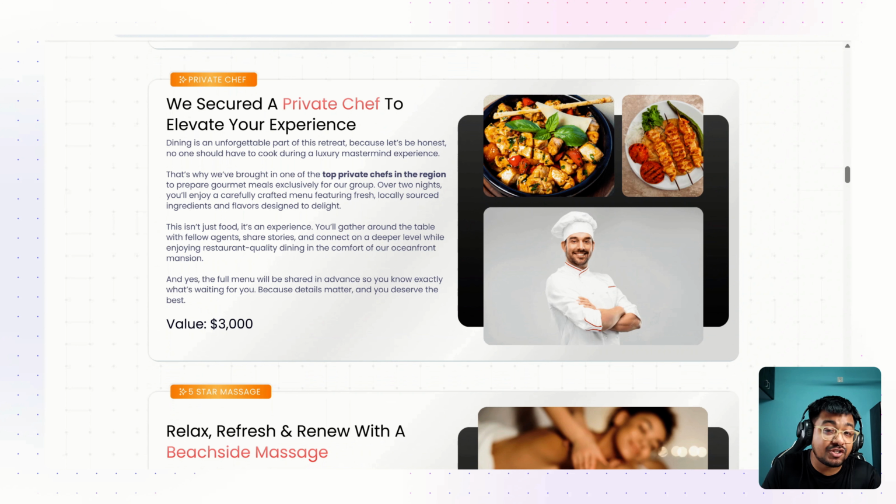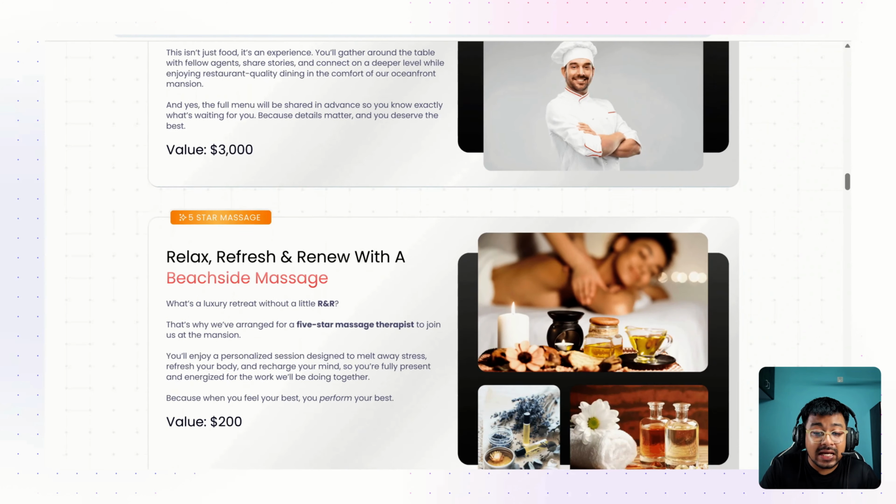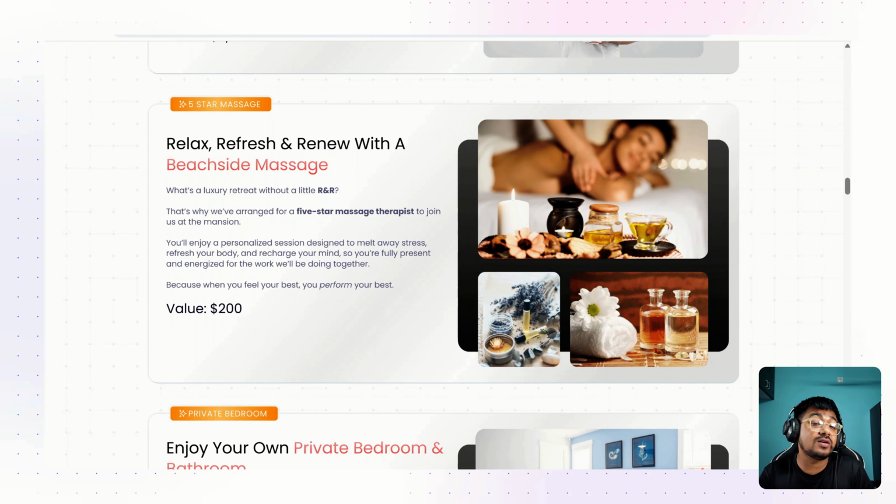Then we have a private chef, so that your favorite dishes get cooked. Everything will be presented depending on your demand. If you have any specific requirements, if you do not like any food, do let us know as well, because we are going to take care of that as well. Value $3,000. Then we have a 5-star massage, because hey, you're going to work all day for 5 days, then